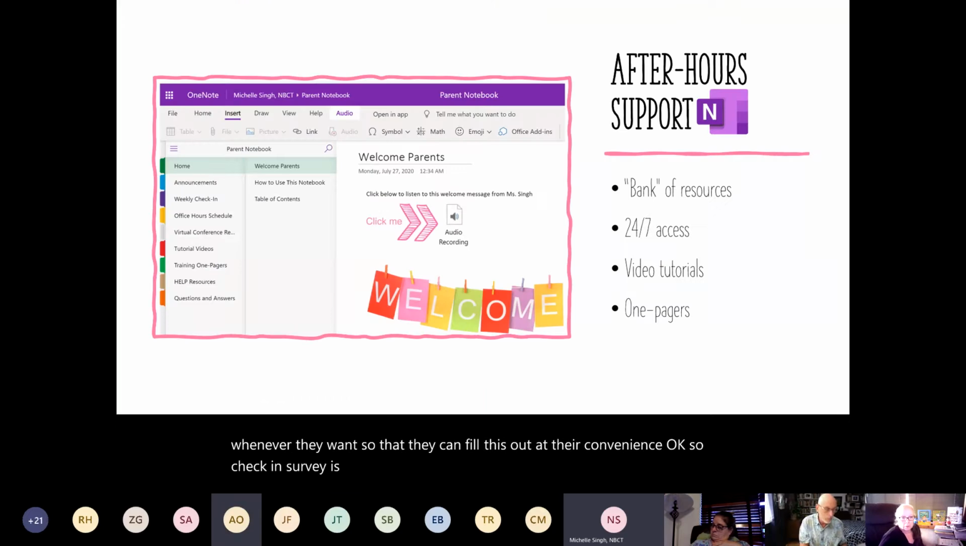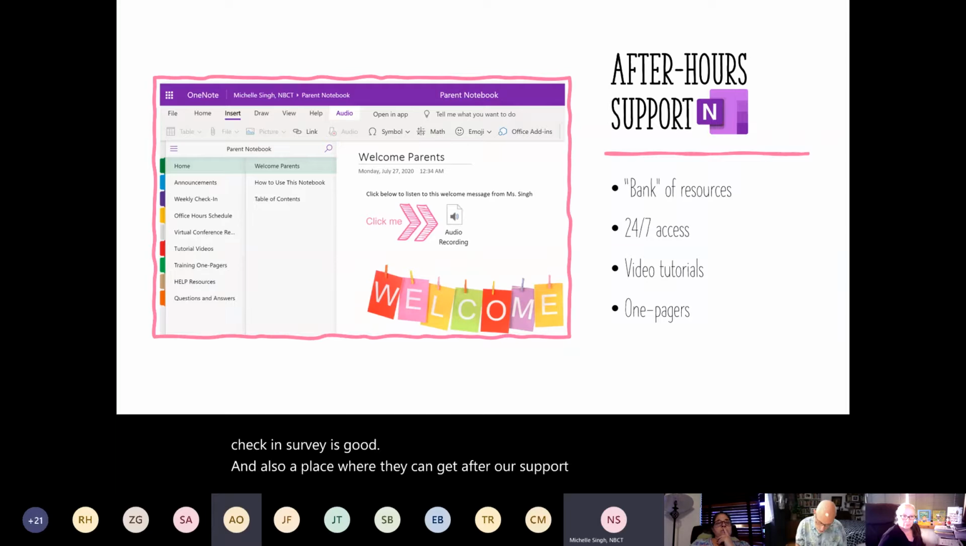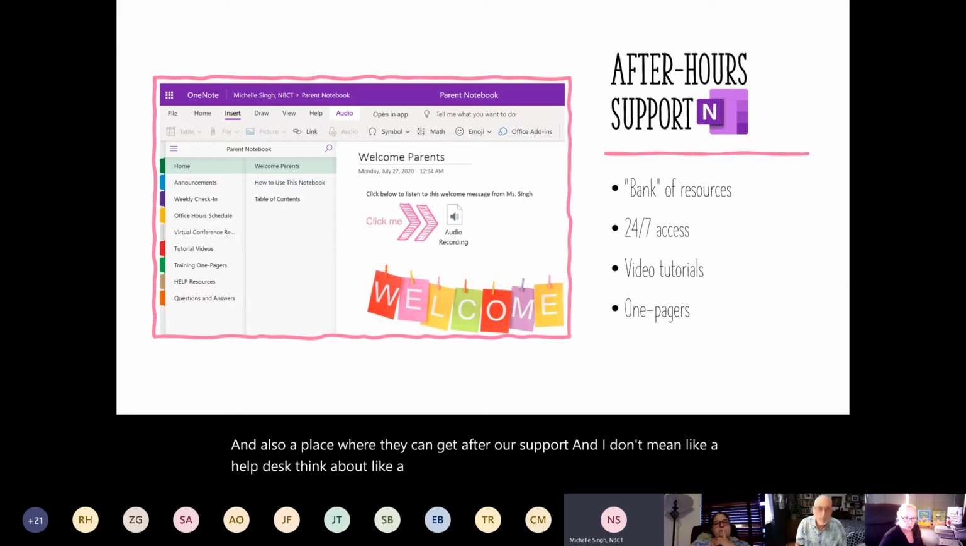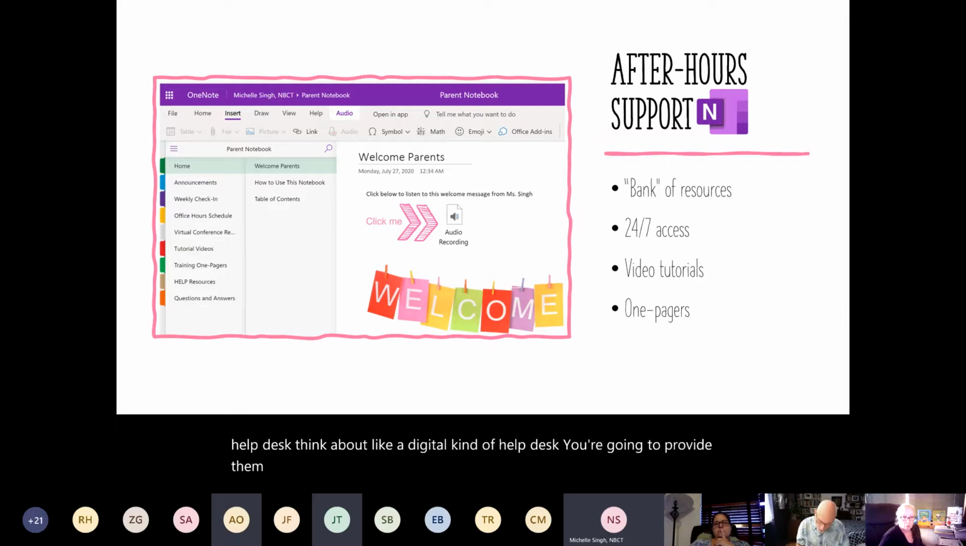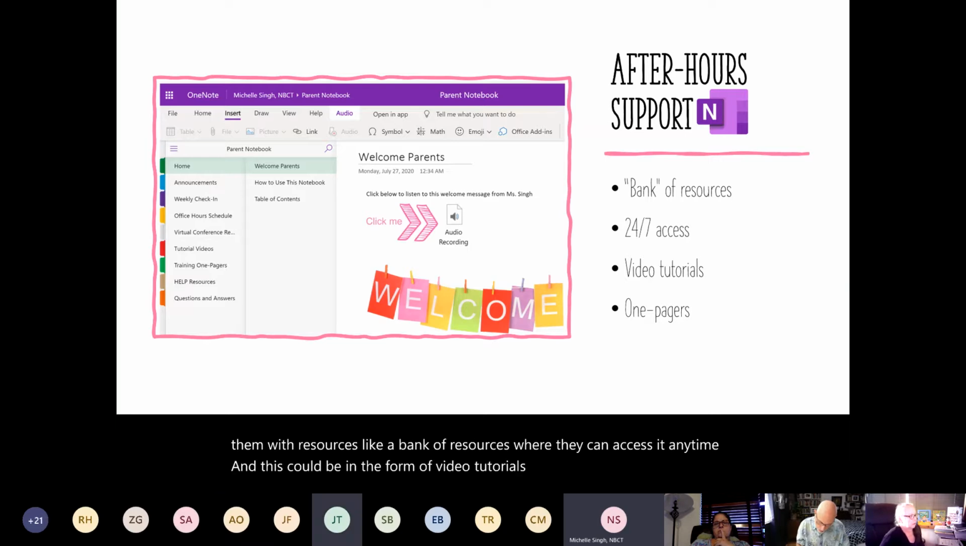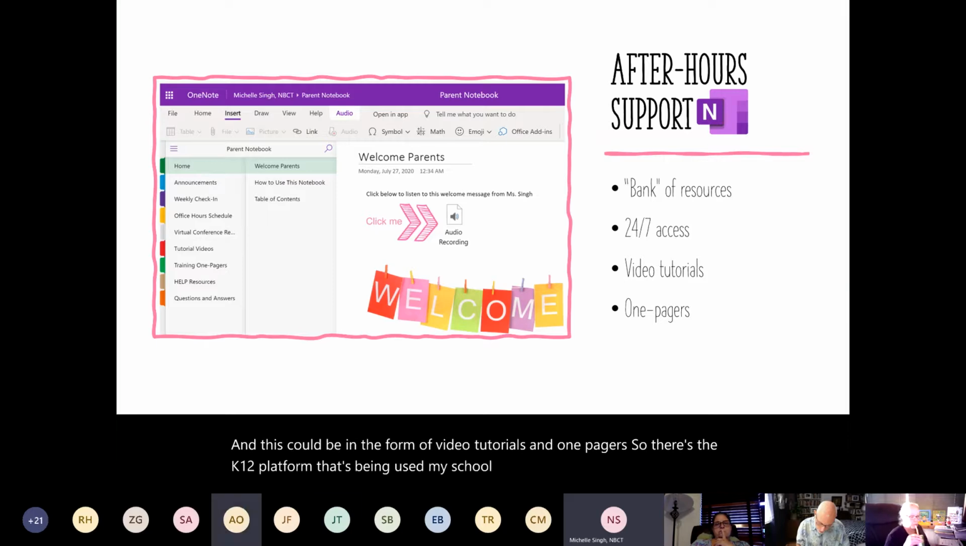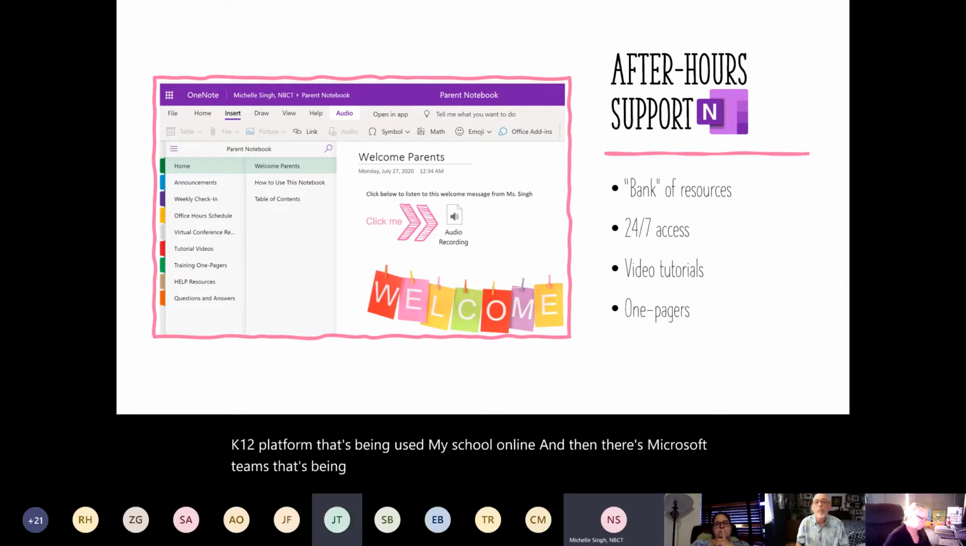And also a place where they can get after hours support. And I don't mean like a help desk. Think about a digital kind of help desk. You're going to provide them with resources, like a bank of resources where they can access it anytime. And this could be in the form of video tutorials and one-pagers. So there's the K-12 platform that's being used, the My School Online, and then there's Microsoft Teams that's being used, and then there's other things that's being used. Well, what if you had,